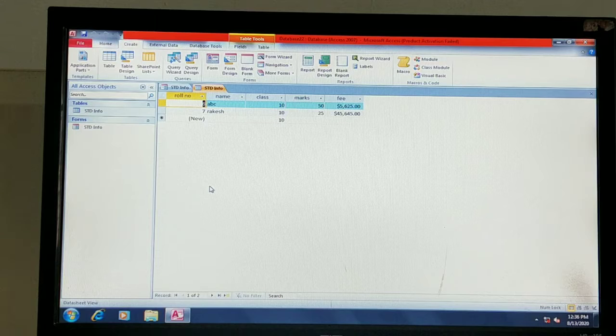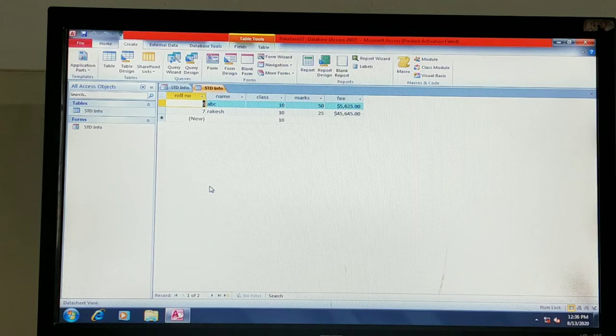So in the previous class we discussed forms and we formatted the forms, in the sense how to design the forms, how to apply the colors and how to set the background color for the form, and how to insert the background image for the form, and how to change the color of the text and how to change the color of the text box. So that is all we discussed.